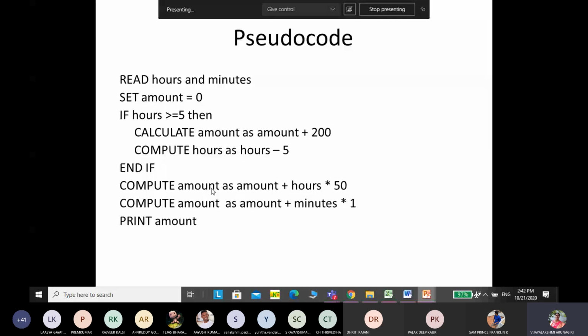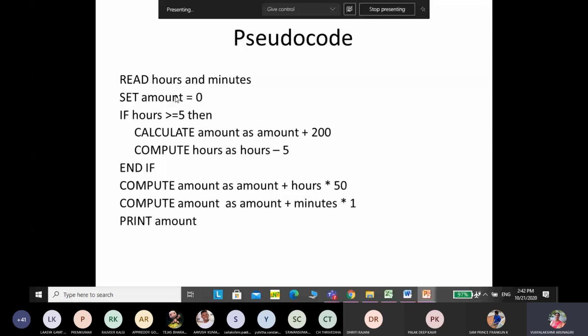So amount equals amount plus hours worked into 50. That means the amount is already 0, plus 4 hours 30 minutes he worked, 4 into 50. Here I'll get the hours amount, and the minutes amount is this amount plus 30 minutes into 1. I'll get the amount. Suppose the person worked 5.5 hours, then this condition will be satisfied.